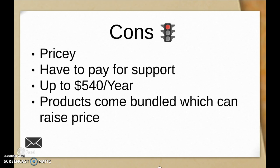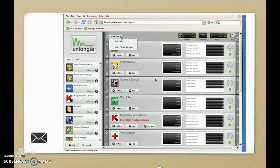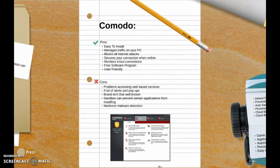So the second one that we looked at, first, here's a look at the interface that they had. As you can see, it's fairly straightforward. Not really too problematic here. Anyways, there's a closer look, and we'll move on to the next one. So Komodo